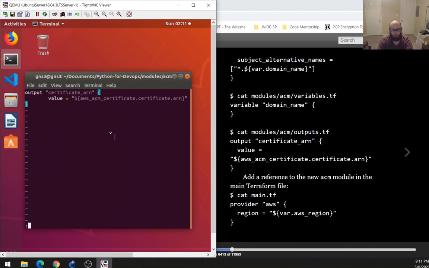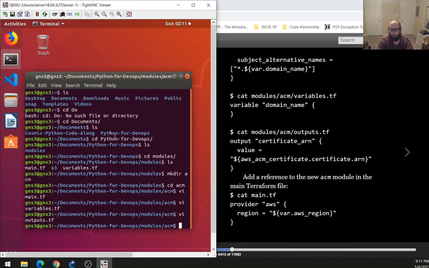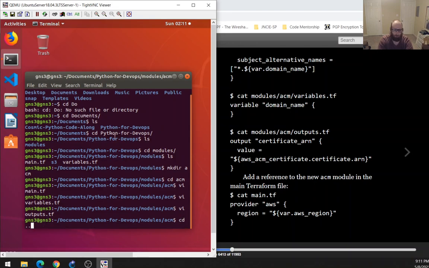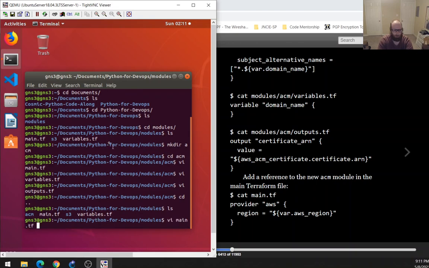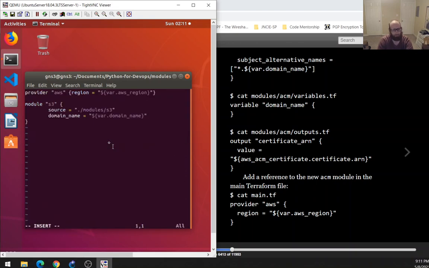Alright, so next step will be adding a reference to the new ACM module in the main Terraform file. So we're going to go up one, and yep, so main.tf in the modules folder. So let's go vi main.tf. Okay, and now we need to add, yep, so